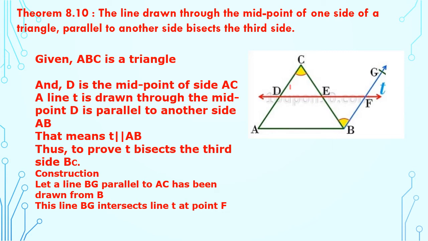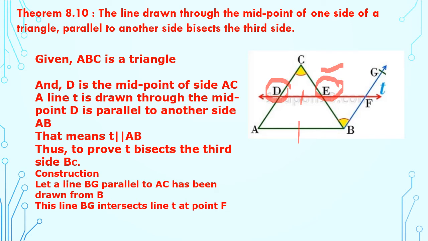Here, D is the midpoint of AC is given, as well as DE parallel to AB is given. Now you have to prove that E is the midpoint of CB. This was previously given in the theorem, and in this theorem E is the midpoint of CB is asked. Previously parallel lines were not given and they were told to prove that these two lines are parallel. But here it is already given that these two lines are parallel.